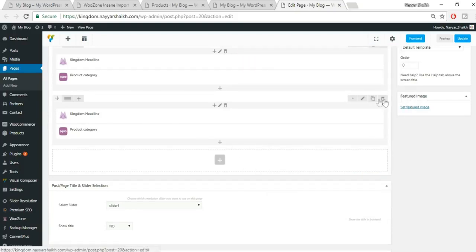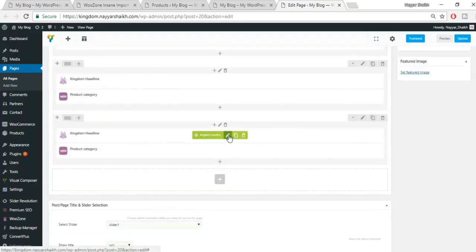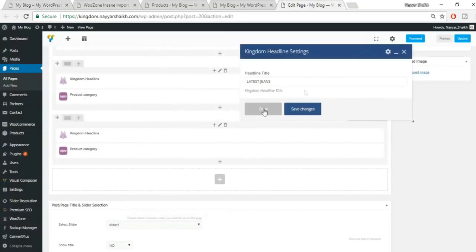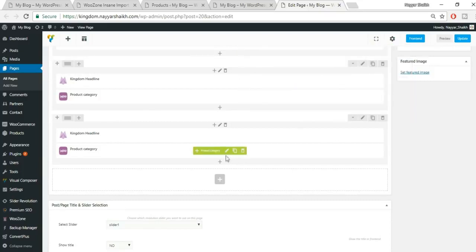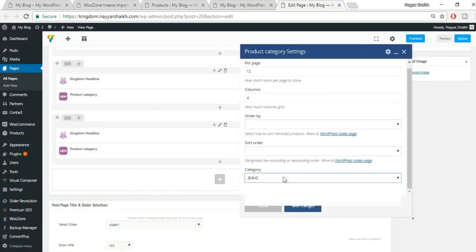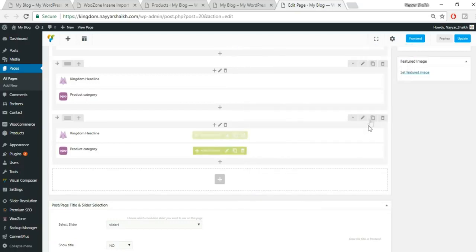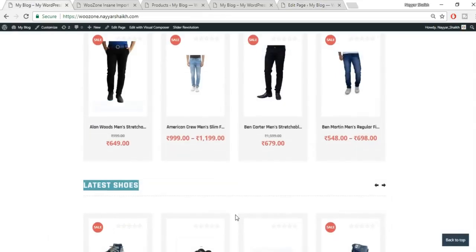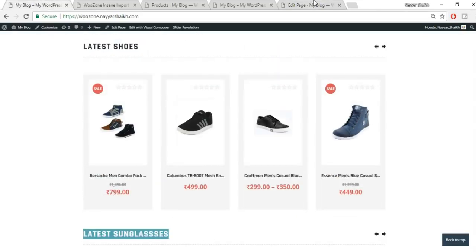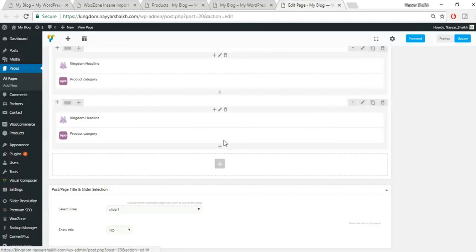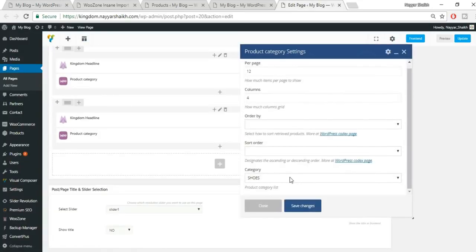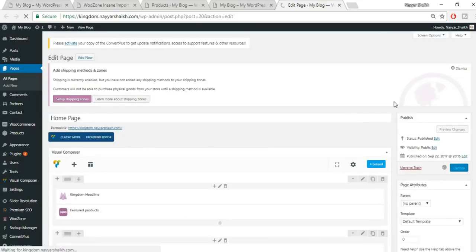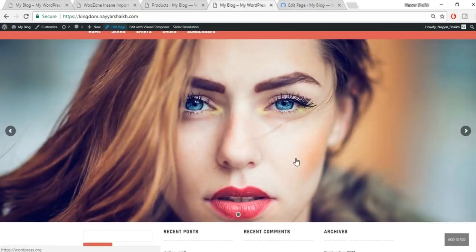Click on save changes. Again, clone this section. Again, edit the title, and now let's make it latest shoes. Fine. Now let's also change the category to shoes instead of jeans. Again, clone this or copy this thing. Again, change the title to latest sunglasses. Save changes. Again, change the category to sunglasses. Click on save changes, click on update, and come back to your website, where this is the one,